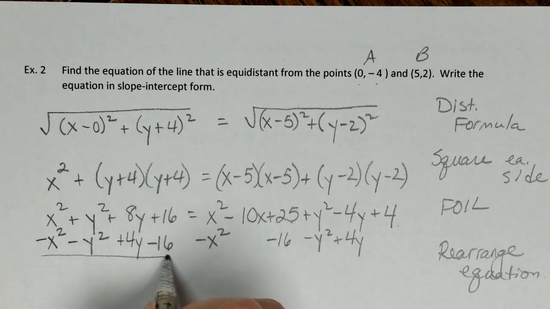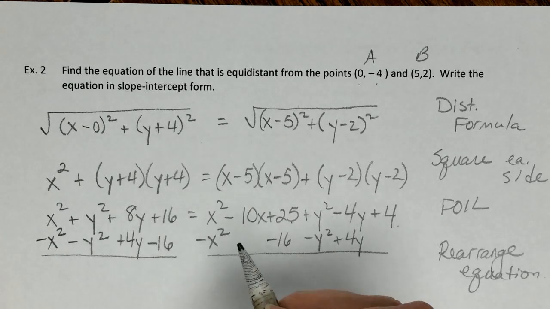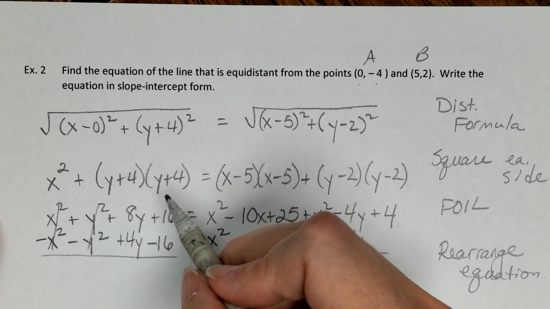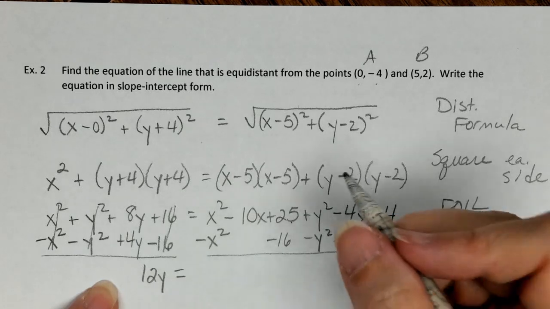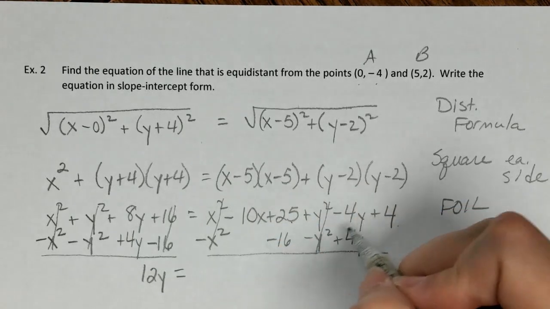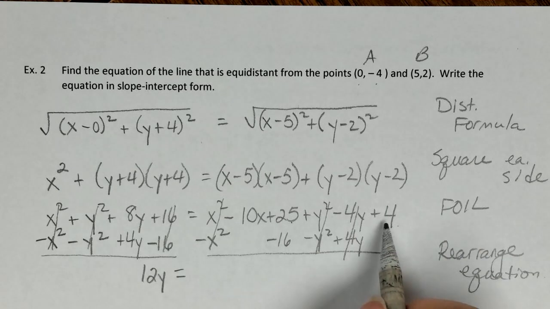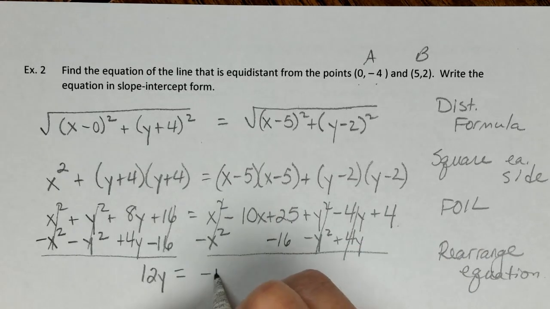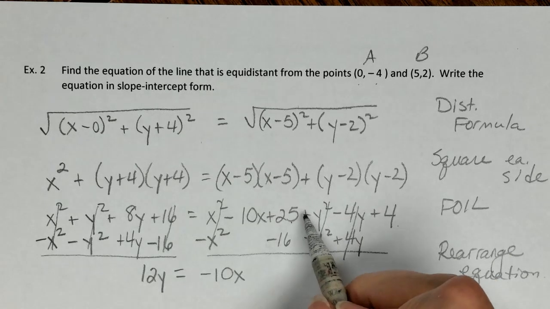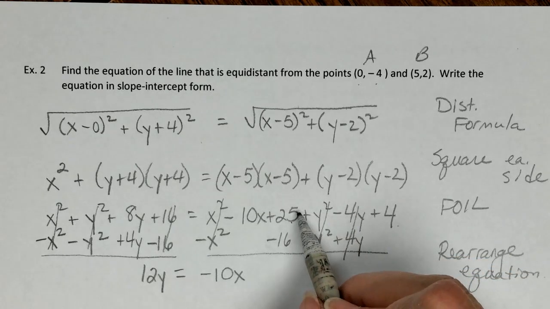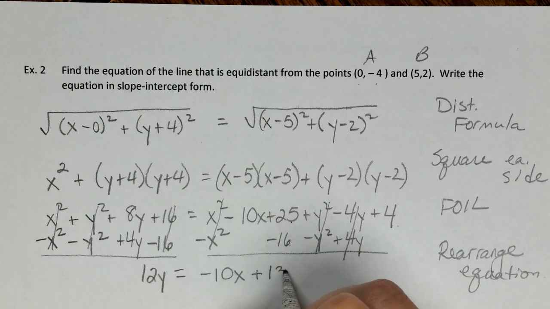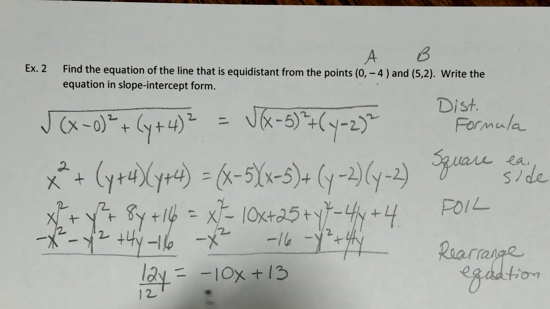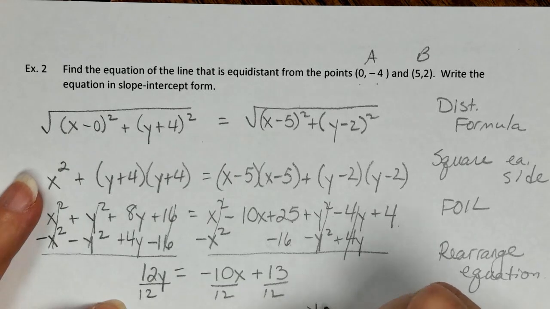Okay. Now, canceled, canceled, canceled. 12y equals canceled, canceled, canceled. X is just there, negative 10x. Then we have, for the constants, 25 minus 16 is 9, plus 4 is 13. We divide everything by 12. There's just enough room here, almost. Okay, so y equals,